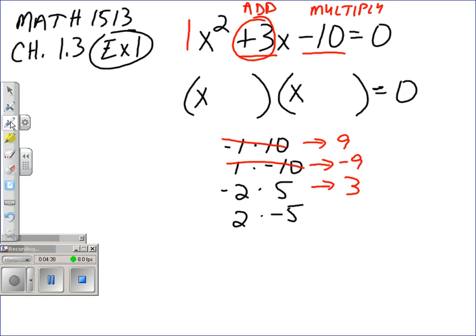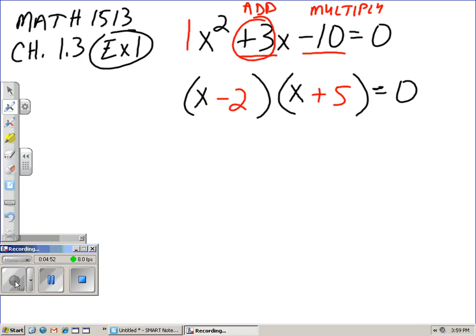That's what I wanted. Okay, so these are the two numbers that I'm going to use. So I'm going to put in a minus 2 and a positive 5. It doesn't matter if the 2 goes in the first one or the second one. Same thing with the 5. All right, now that I know what numbers go in there, I can use that zero product principle that we